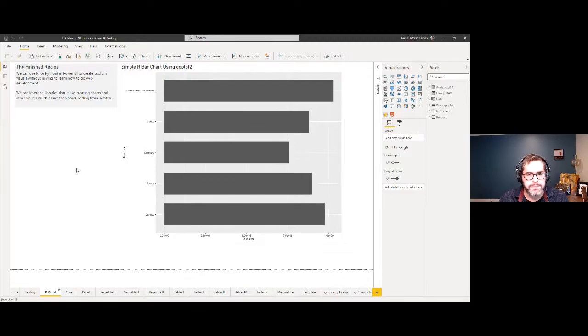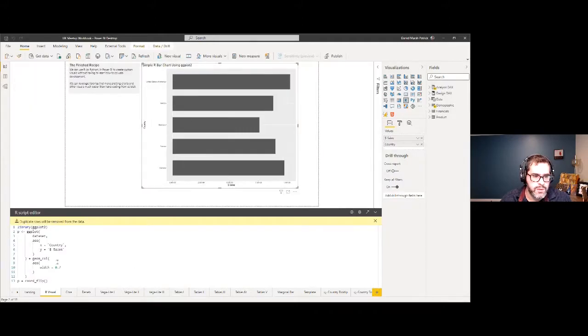Hopefully that's coming up. So this is just a simple R visual that I've built. It's just a simple bar chart. We've got country on the left. We've got sales as the measure, and we've got a y-axis and an x-axis, and we can kind of resolve this visually. I mean, this can be done in Power BI, but just to give you an idea, if you haven't seen R visuals before,